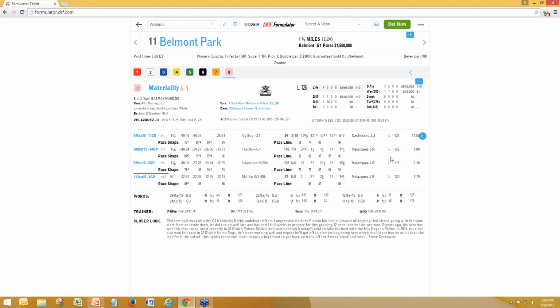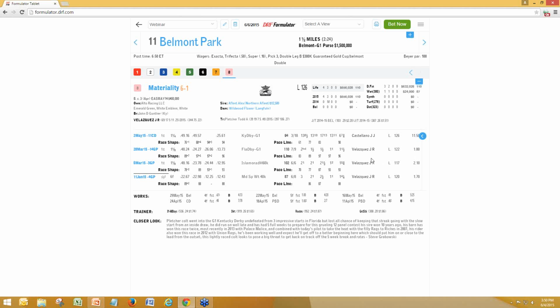Mubtaij is a horse I just see grinding along, and the way that I think this race is going to be run, I could just see him getting into the number, potentially getting second at a good price, and being sort of a good key horse at a price. I really do believe that, but part of it was in making these picks, I really didn't want to put first choice, second choice, third choice, because I'm really not that convinced in all scenarios about